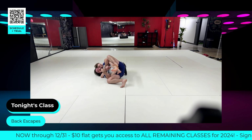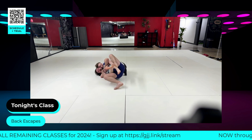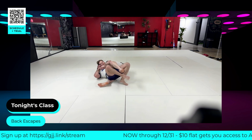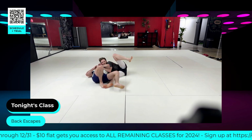As soon as we land, I'm going to look to extend my foot and shift my hips out here towards the mat. Right here. As soon as I'm in this position, I can start stepping over hooks and shifting my butt to the mat, getting my back to the mat. At this point,